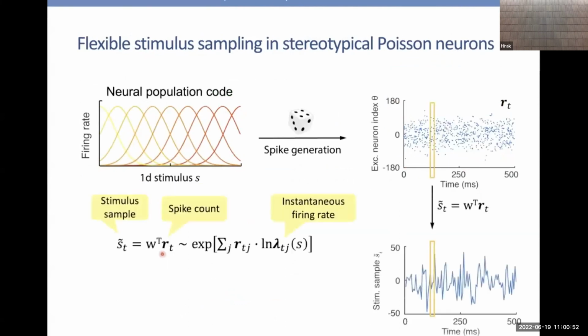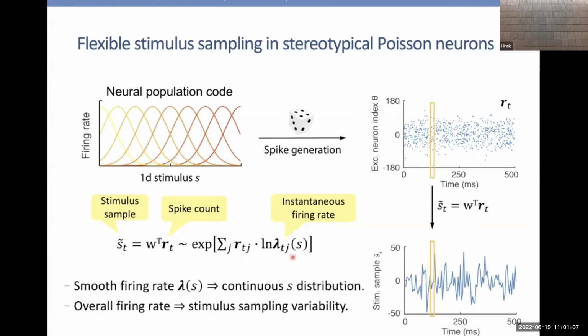We found that each generated population spike linearly embeds a stimulus sample. And the stimulus sample distribution is determined by the linear product between the population spike and the population firing rate. So basically, we found the firing rate profile will determine the continuous stimulus distribution, and the overall firing rate controls